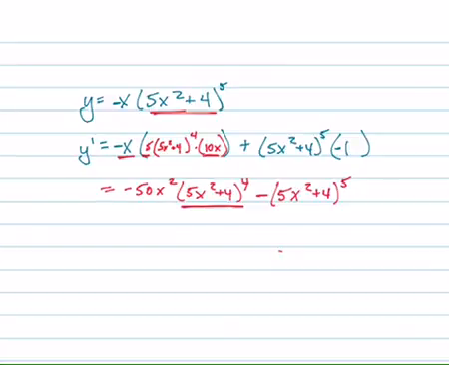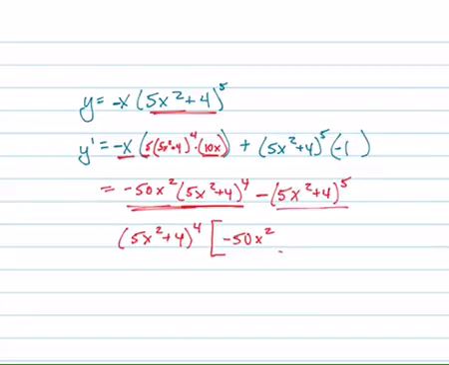But if you wanted to factor out, you could factor out a (5x squared plus 4) to the 4th power. And when you factor that out, here you're going to be left with a -50x squared. And here you're going to be left with a -(5x squared plus 4). There's going to be 1 left there. And now you can simplify that more. (5x squared plus 4) to the 4th. Distribute that negative in right there. Will give you